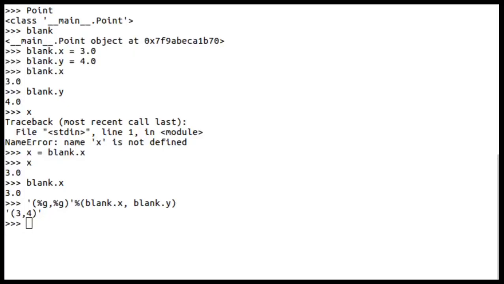Let us find the distance between two points here. Distance is equal to math.sqrt. This sqrt is nothing but a method of the math module, the mathematics module.